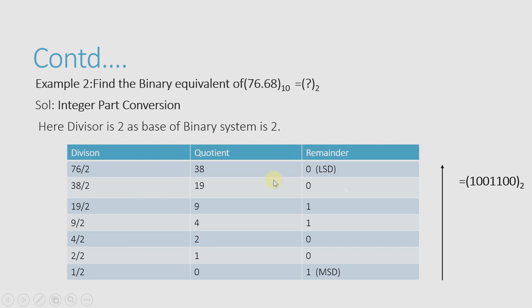Now we'll again see the remainder part. In the remainder part, as we have said, we have to write from the most significant to the least significant digit, that is in the upward direction. So now we write it in the form 1 0 0 1 1 0 0. You have to remember this: if you write it as 0 0 1 1 0 0 1, it will be completely wrong. You have to write from downward to upward, that is from most significant to least significant. So first you write 1, then 0, then 0, 1, 1, 0 and 0.